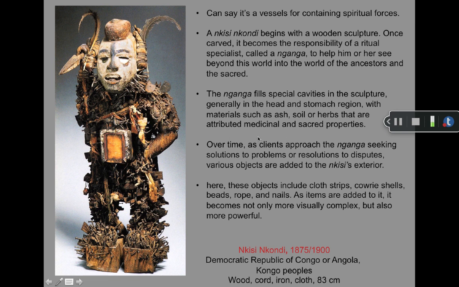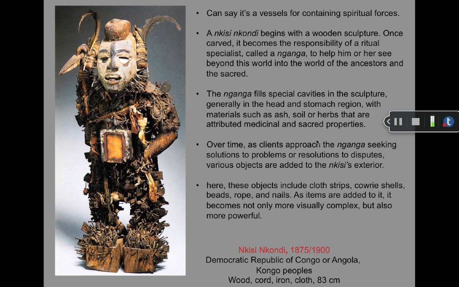So the Nganga fills the special cavity, and you can see here there's a central cavity in the sculpture. Generally it will be in the stomach region. Sometimes it also is up on the head. So the caretaker would fill this with some sort of material, sometimes an ash, soil, or herbs that are attributed to medicine or some sort of sacred properties to help the person that the figure is supposed to help. So over time, clients approach the Nganga and seek solutions to problems in their life. Oftentimes it might be a health problem. And so